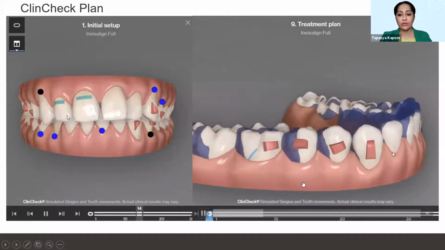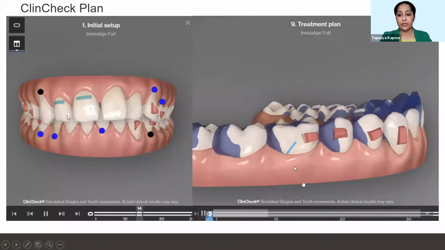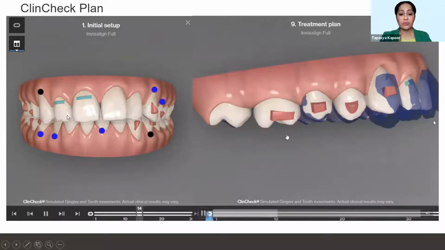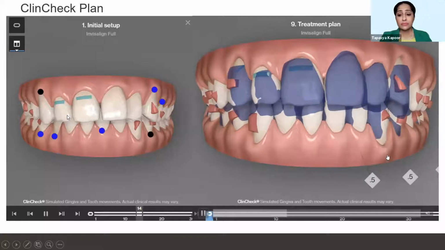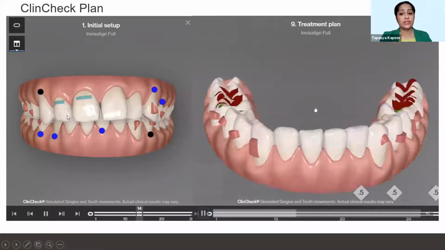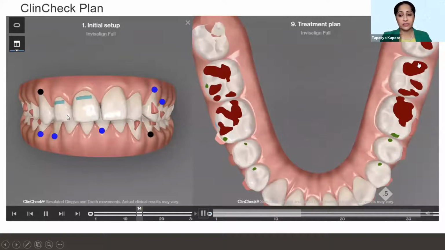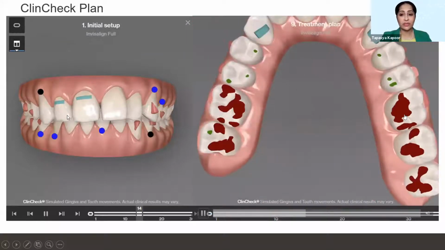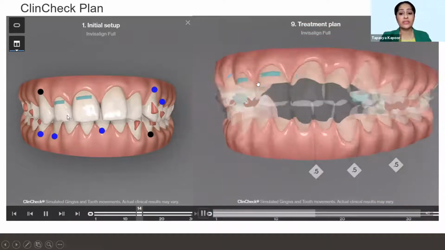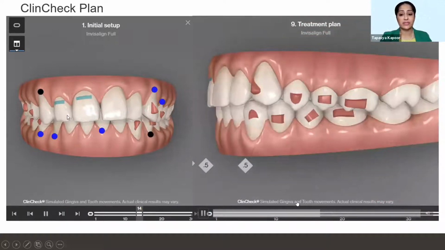In the lower, a lot of relative intrusion or proclination was planned. And of course, when you give a precision hook on the molar, you want to add an attachment there to get good retention. On the left side, on the upper front, you can see the occlusal view. There's no contacts anteriorly; there's hard contacts posteriorly. This is how I usually like to finish my deep bite cases. Again, canine bite ramps, because there was a lot of incisor intrusion in the upper incisors planned.